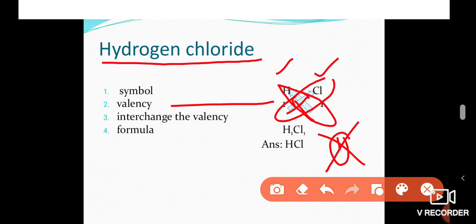So what is the chemical formula for hydrogen chloride? HCl. Okay, so write the symbol, write its valency, interchange the valency and write the formula. Next,